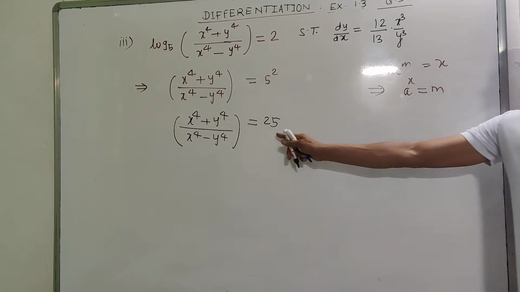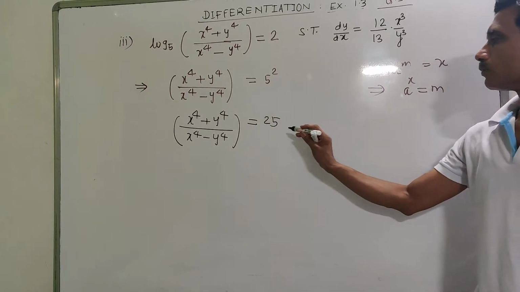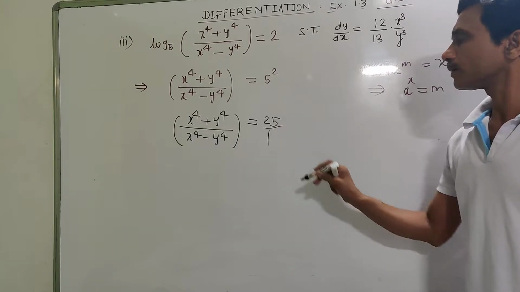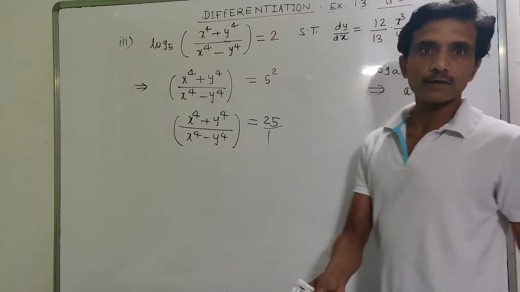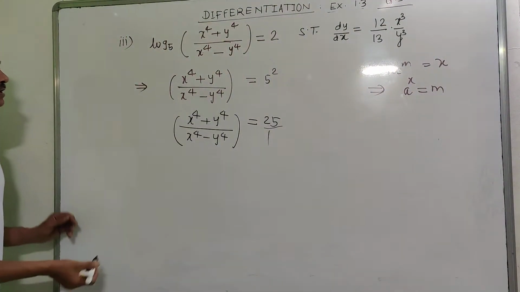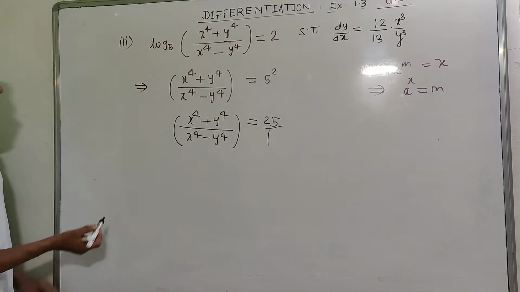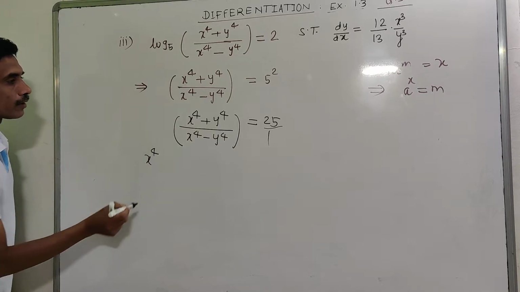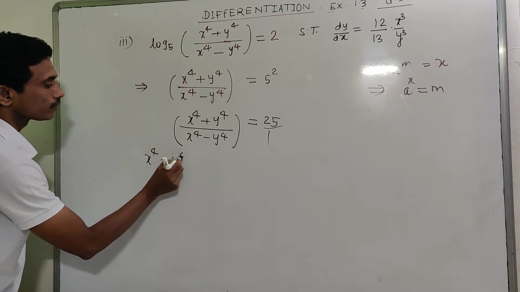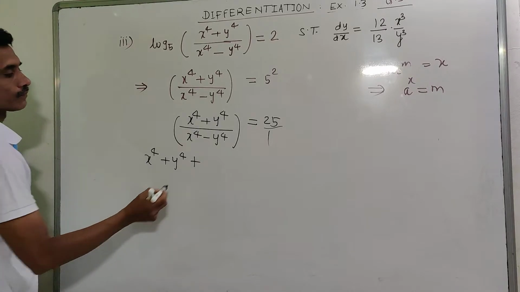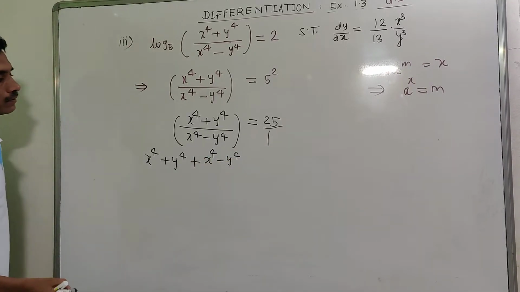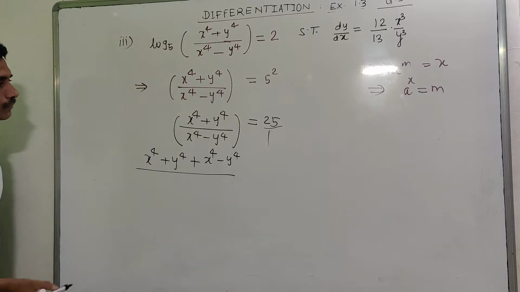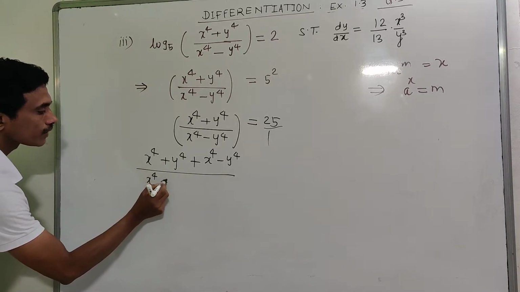Here 25 means what? We can write it as 25 by 1, and we use componendo dividendo here. So we simplify it by using componendo dividendo. x to the power 4 plus y to the power 4 plus x to the power 4 minus y to the power 4 upon x to the power 4 plus y to the power 4